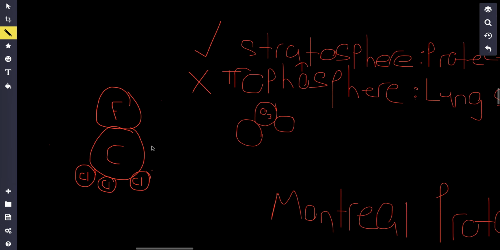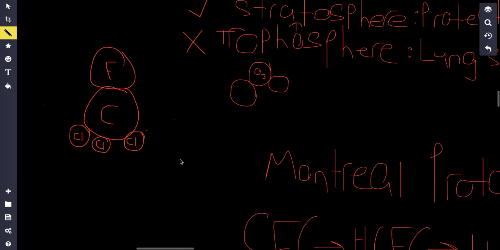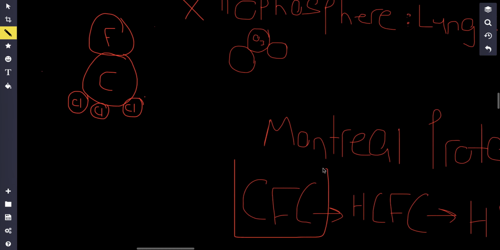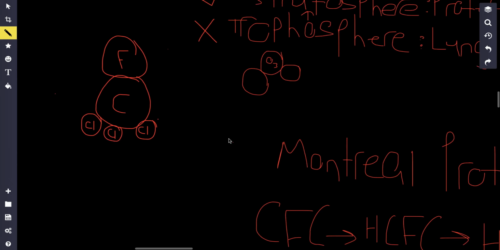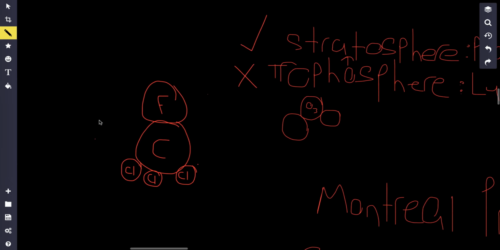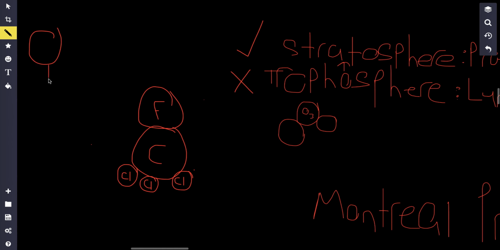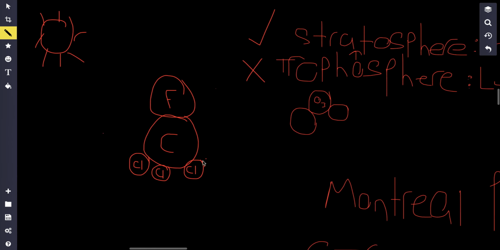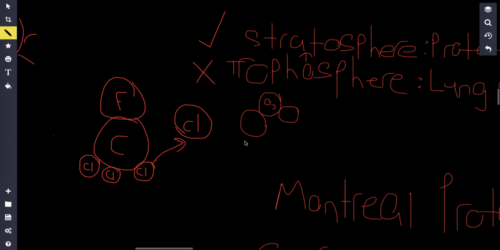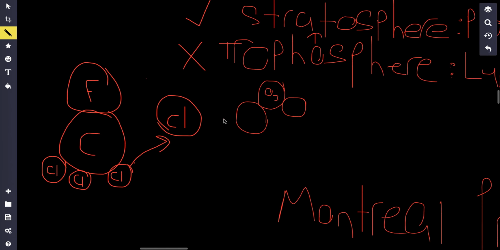But the problem is that a lot of the stratospheric ozone is being depleted. This started about 50 years ago. Basically, we were using something known as CFCs, chlorofluorocarbons. It has fluorine in it and chlorine in it. In the stratosphere, the sun is going to break apart this molecule and release the Cl atom, detaching it from the whole thing.